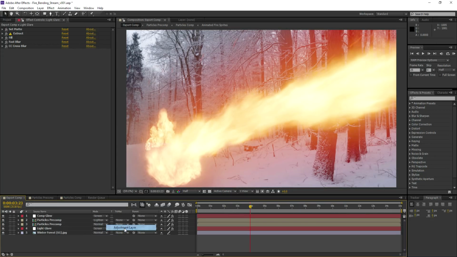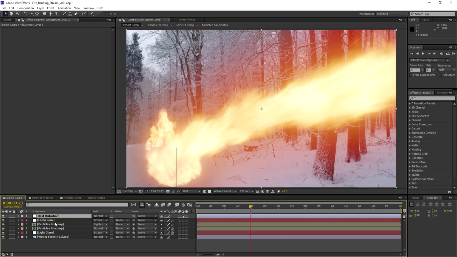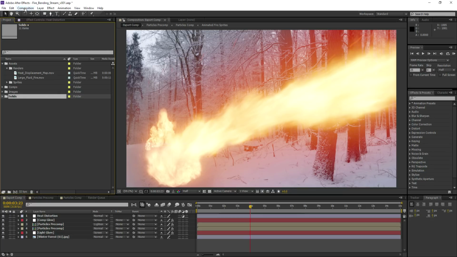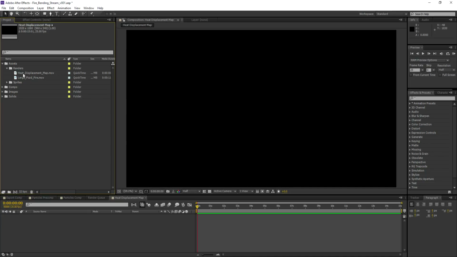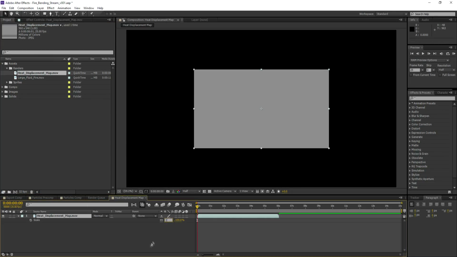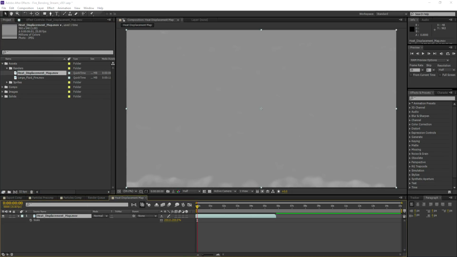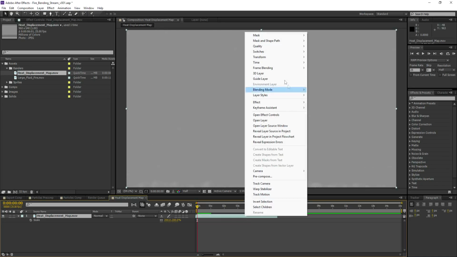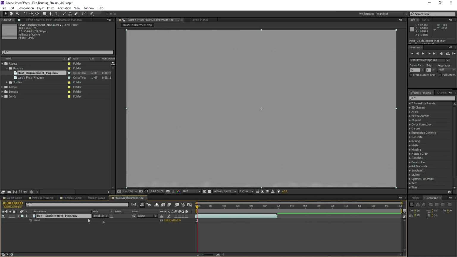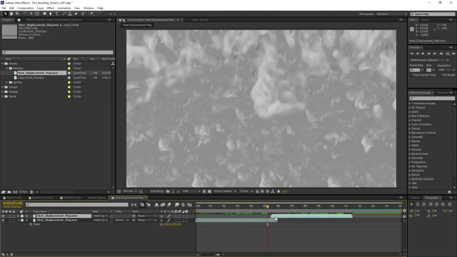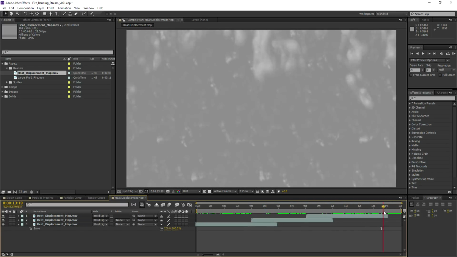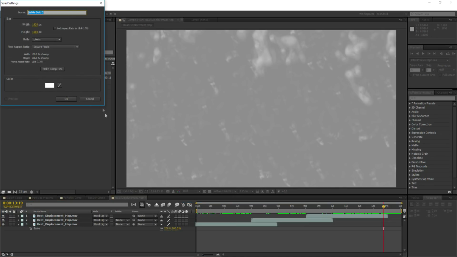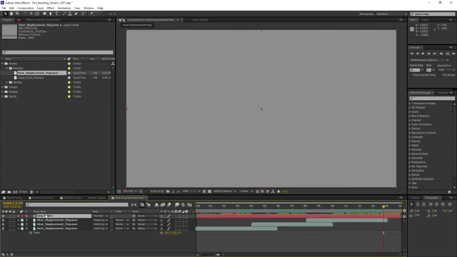The last adjustment layer is for the heat distortion, which is where our heat distortion map comes into play. Create a new composition for the heat distortion and drag the displacement map into the layers panel. Increase the scale to a value of 200 and change the blending mode to hard light. Then we'll duplicate and offset the asset several times until it encompasses the entire length of the shot. If you want to see the heat distortion fade to 0, create a 50% grey solid to cover the remaining